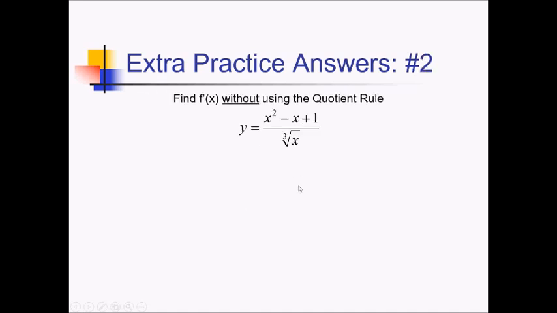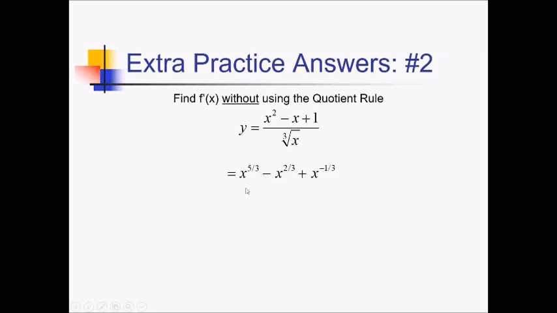To figure out the derivative of this without using a product or quotient rule, we're going to have to simplify by dividing all these terms by the cube root of x, which is really just x to the 1/3. So we're going to be subtracting some exponents. This is x to the 2 minus 1/3, so that's x to the 5/3. Next, we have x to the 3/3 over 1/3, so that's minus x to the 2/3. And then finally for this, this will just be 1 over x to the 1/3, so x to the negative